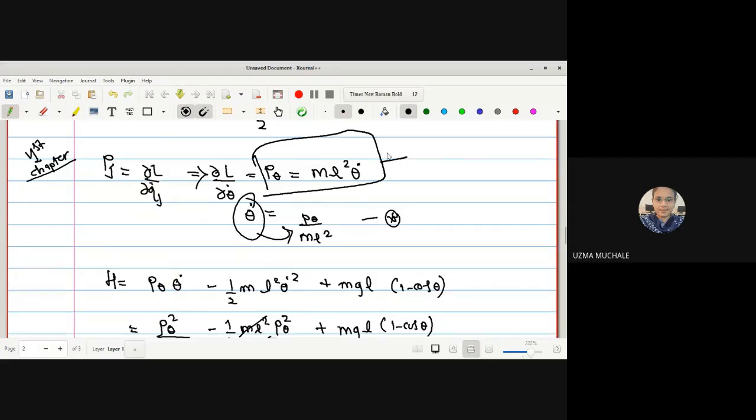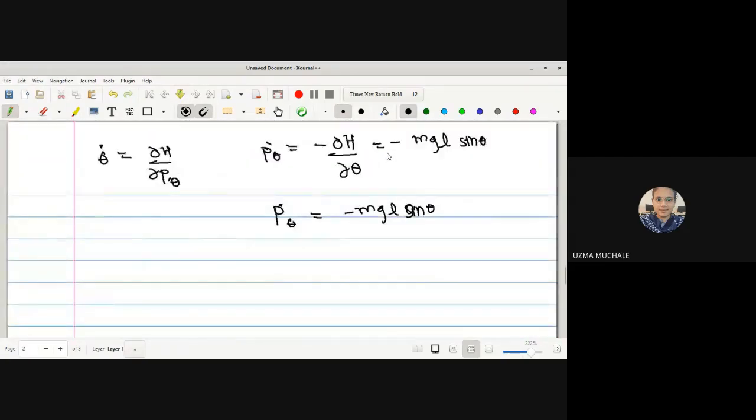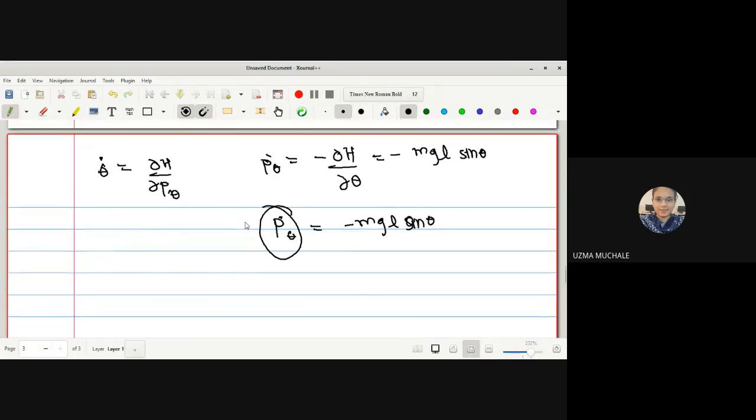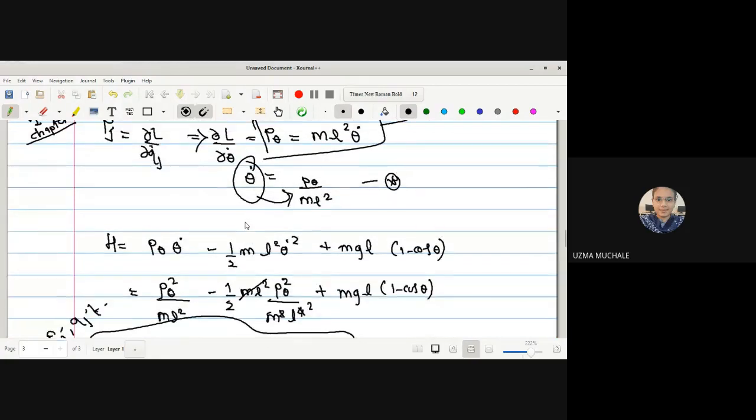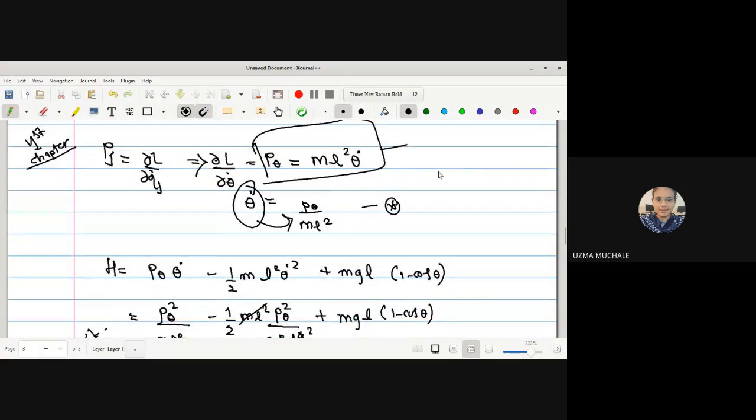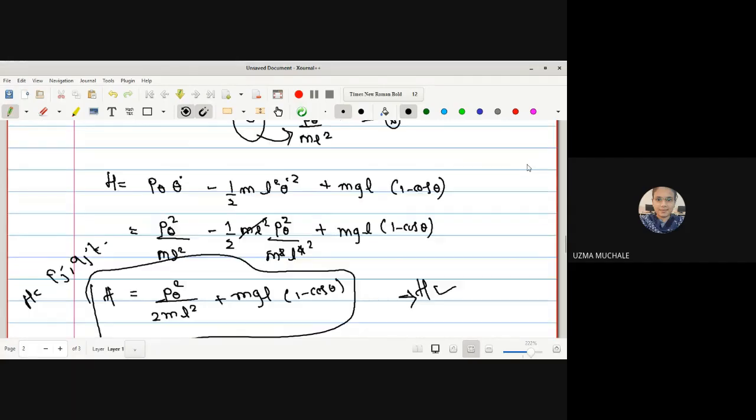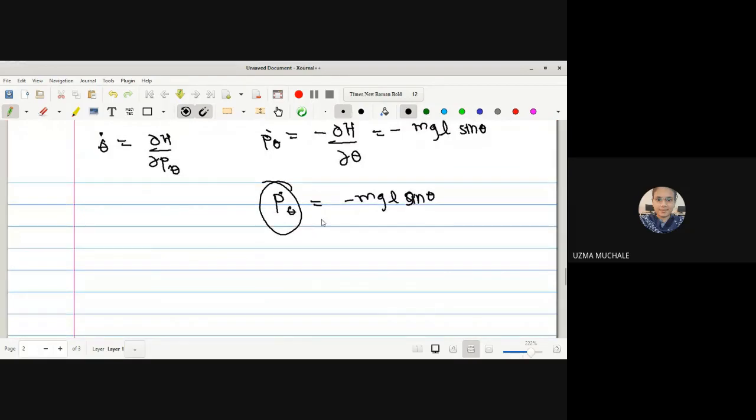Now, what will be the value of p theta dot from this equation? Because here we have to put p theta dot. Let me write down here, p theta dot is equal to ml, both are constant, mass is constant, length is also constant. So it will be simply theta double dot. So here we have to put the value of p theta dot from the above equation. We can say it is ml square theta double dot is equal to minus mgl sin theta.